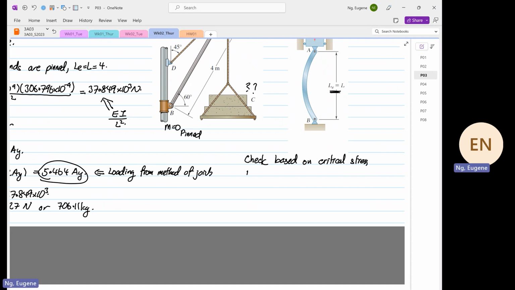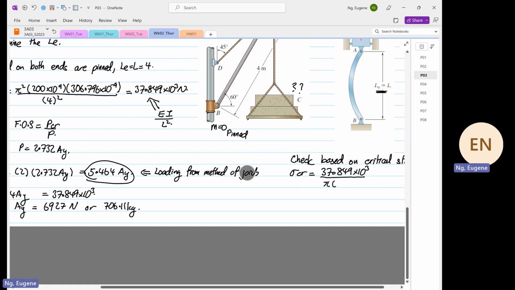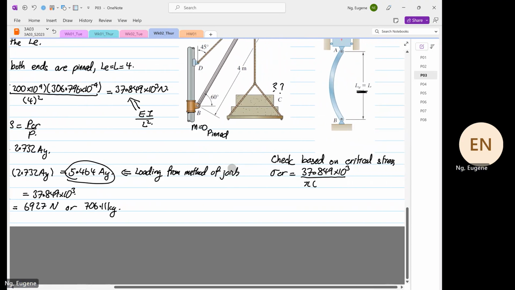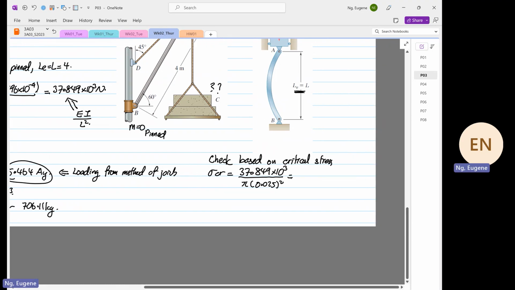Stress critical is equal to the load that it's going to take, 37.849 times 10 to the power 3, divided by the cross-sectional area, which is pi times 0.025 squared. Okay. So 37.849 times 10 to the power 3 divided by (pi times 0.025 squared) is equal to 19.276